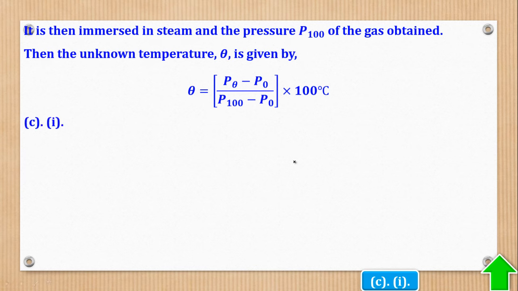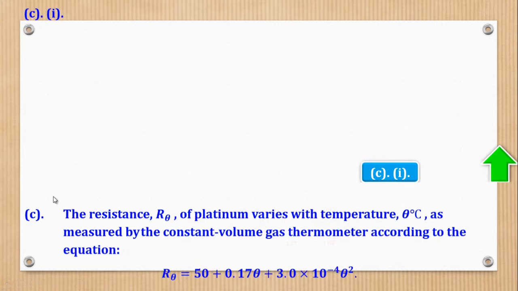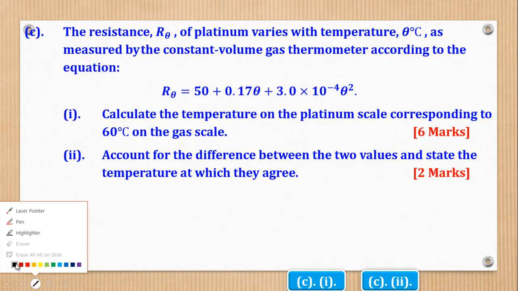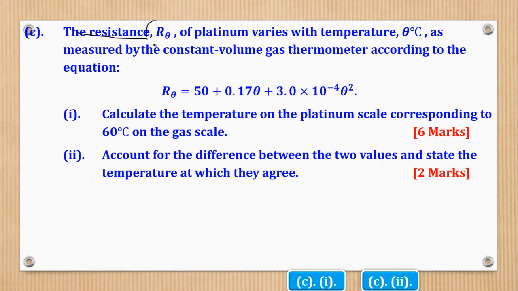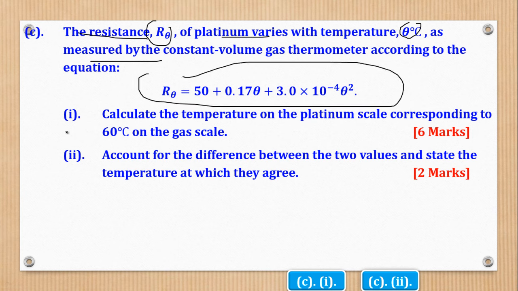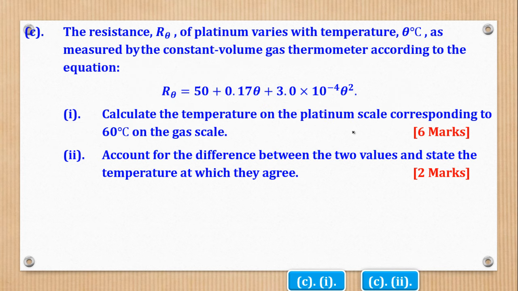Then part C, Roman 1. Part C, Roman 1 says, the resistance R theta of platinum varies with the temperature theta as measured by the constant volume gas thermometer according to the equation. Roman 1: calculate the temperature on the platinum scale corresponding to 60 degrees on the gas scale. Okay, so we shall come and say